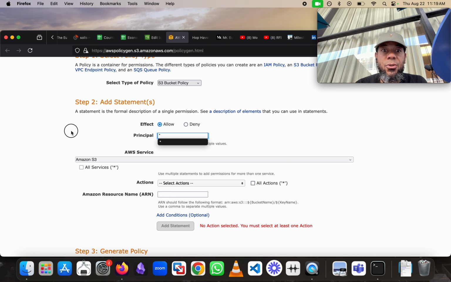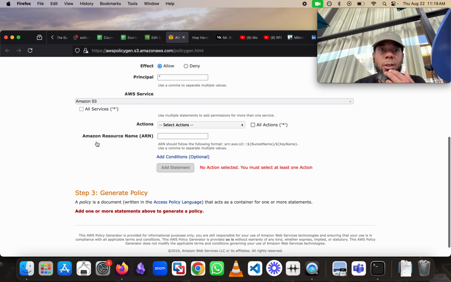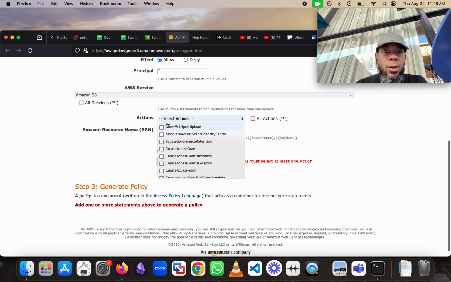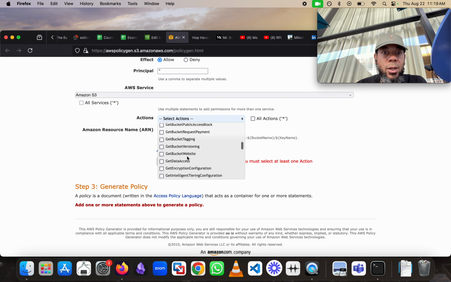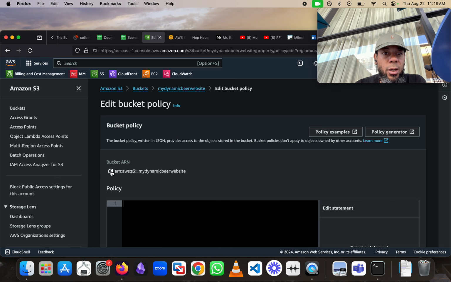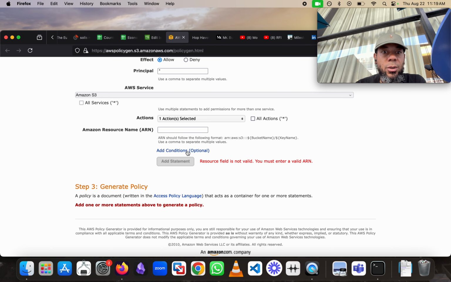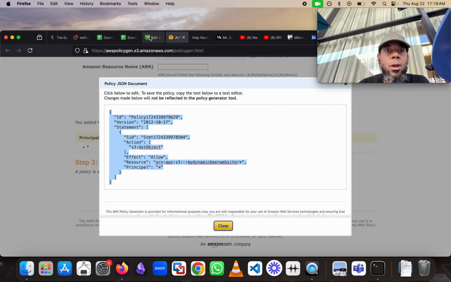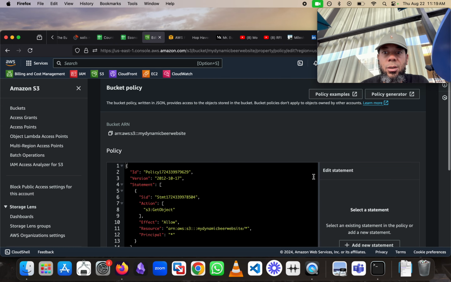That was a test to make sure that, hey, it's not letting it without a policy set for it. So we want to get the objects, and go down here, select get object, bam, and then we want to place the ARN number, or the Amazon resource name. Paste that in there, put a slash and then a star. Add the statement, generate the policy, copy this, and then we'll go back into the policy, paste that, and save